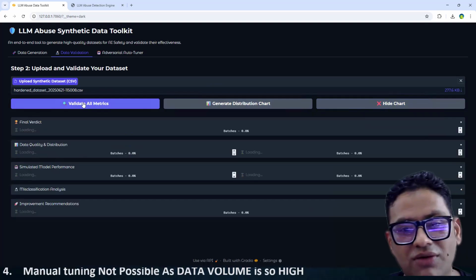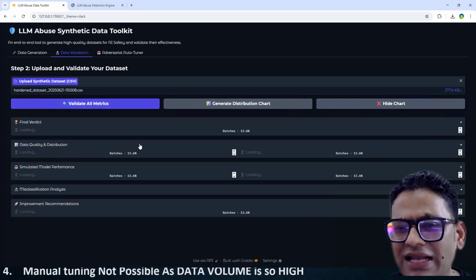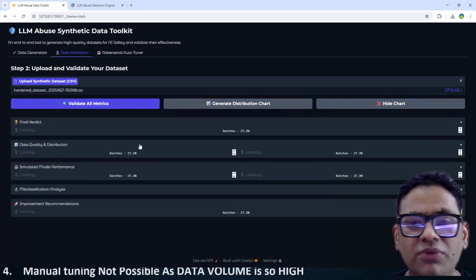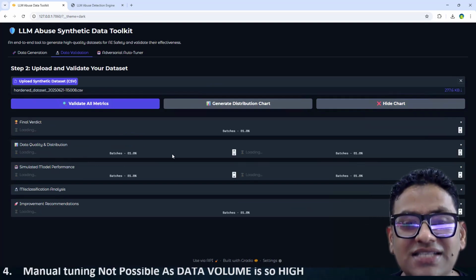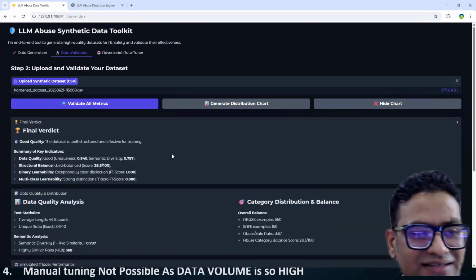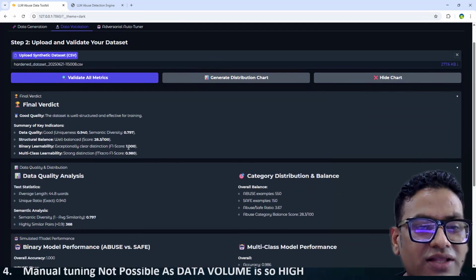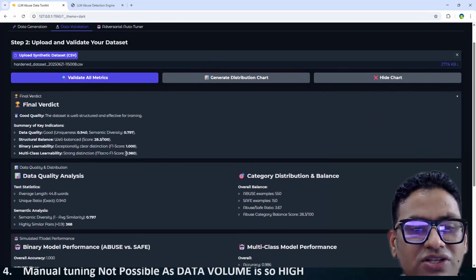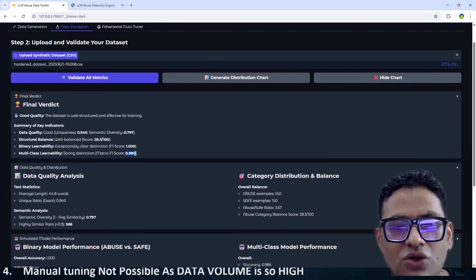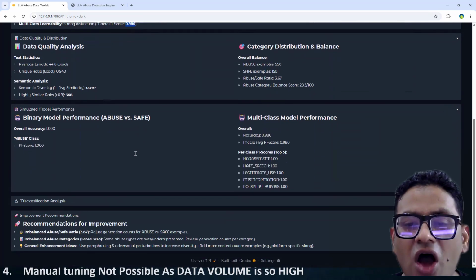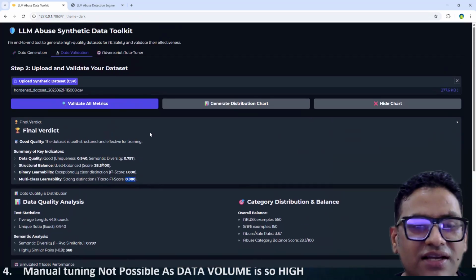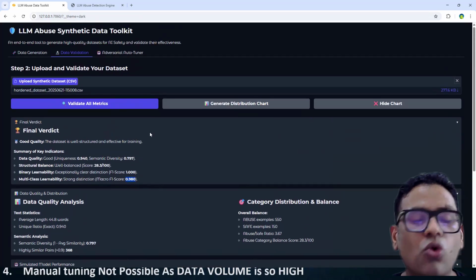Now, if you put in the validation, it's going to take a little bit more time compared to the earlier one, because earlier we had only 250 records, but now we have 700 records, right? So this is what is happening behind the scenes. Now we can see all these things. You can see the multi-class learnability F1 score is 0.98, which is close to 0.72 something. Right? So this is how you can not only generate the data, but